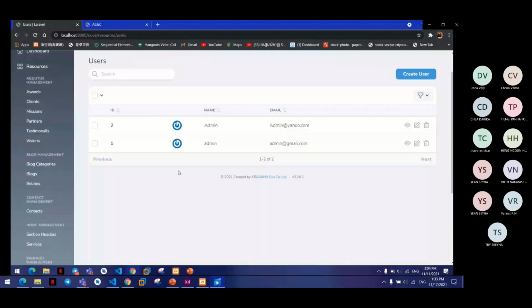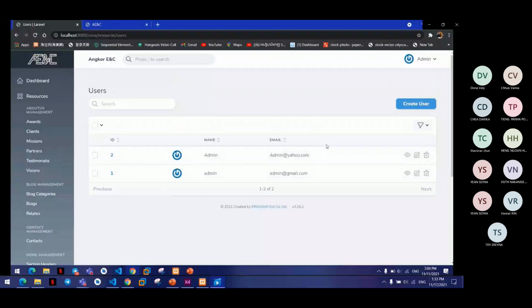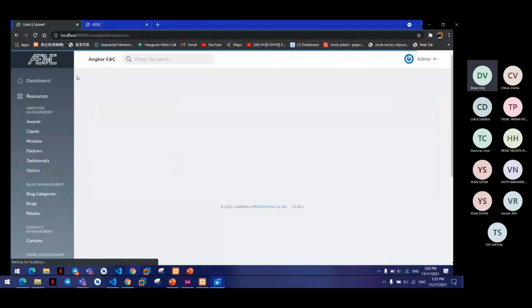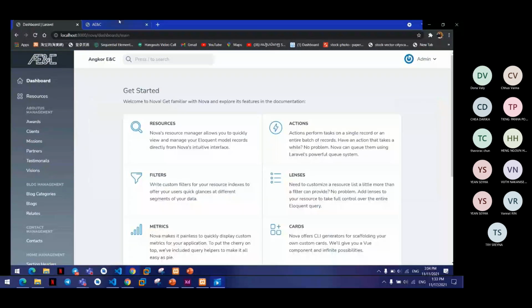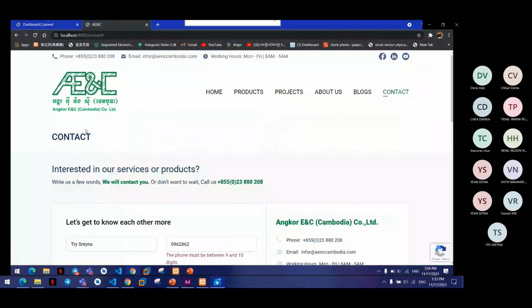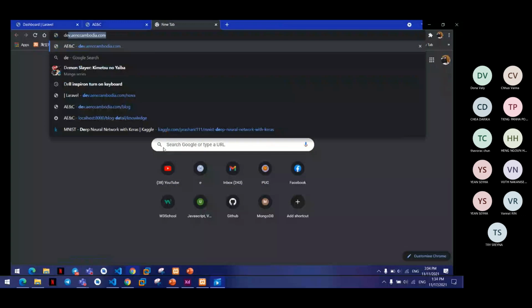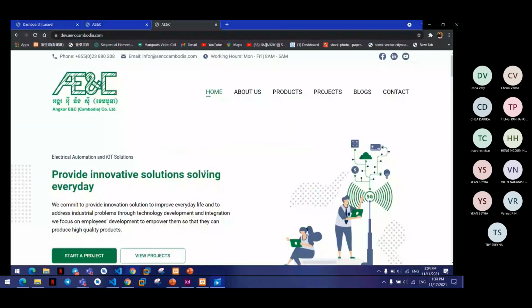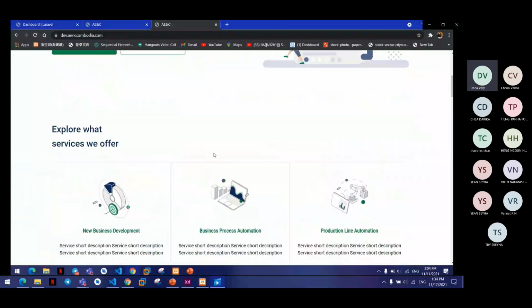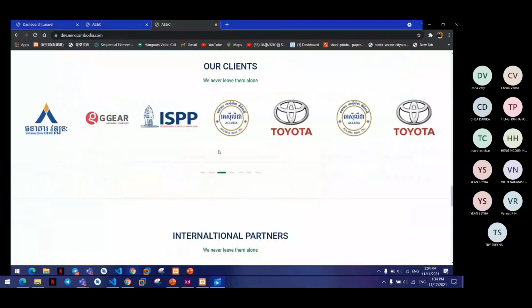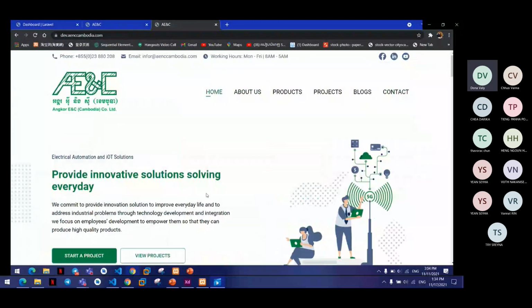This is the user management that has two emails. We can edit email name or delete with ID too. For the password, I hide it because I think it's safe. Yeah. So for my website, we have already hosted it on aencwebsite.com and aenccamedia.com. Yeah, this is the website that I have also already hosted. Okay, that's all my presentation.